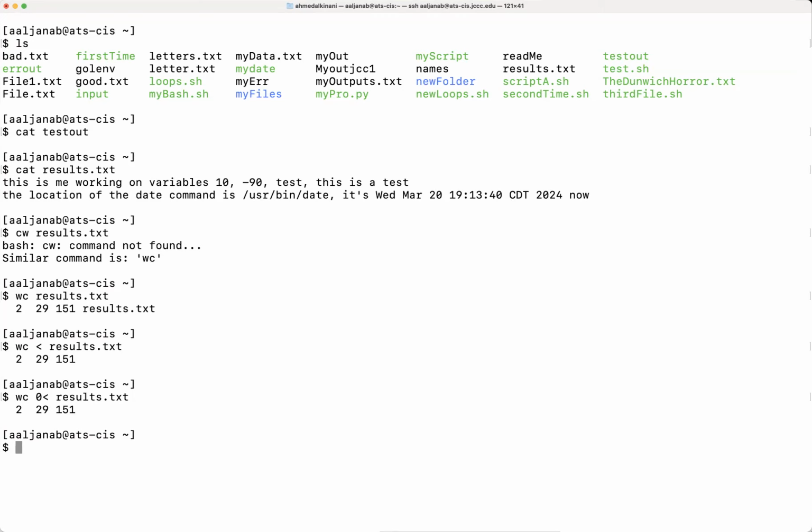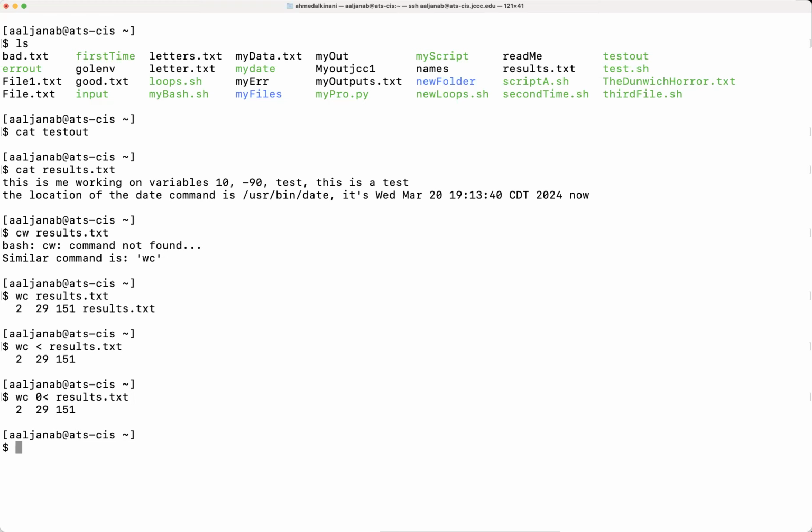Piping, as I said before, again, the output of one command simply will be sent as an input for the second command. And that shows you how the file descriptor 1 interacts with the file descriptor 0. Whenever you do the piping, the standard output 1 is going to produce a result, and that result is going to be used as a standard input for the other commands.